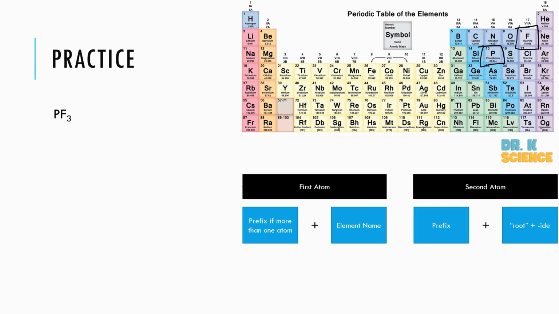Now let's look at our rules. It says first atom and then prefix if more than one atom. Now over here, we see that it just says P. Now that means that there's just one phosphorus. We don't write a number. If it's 1, it's an implied 1, so there is just one phosphorus here. We do not need a prefix for this one. We can just write the element name. So we would have phosphorus,